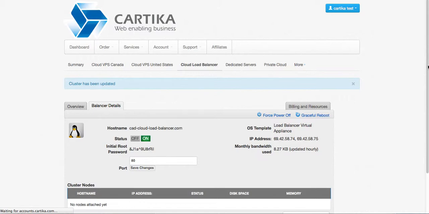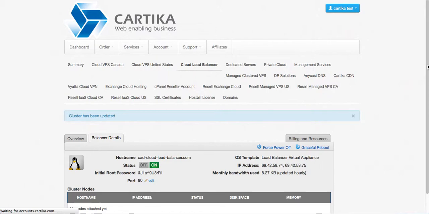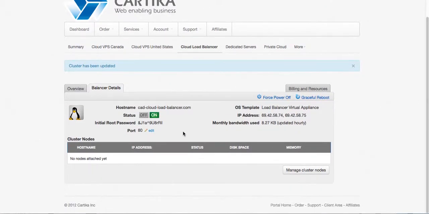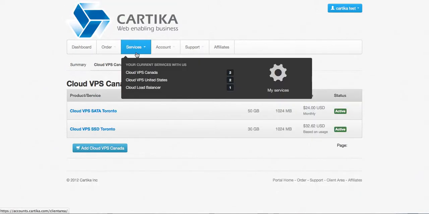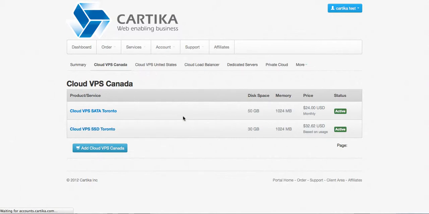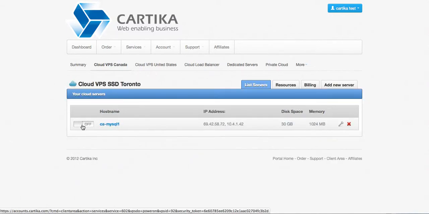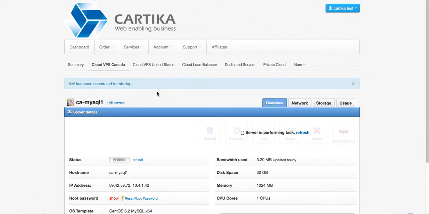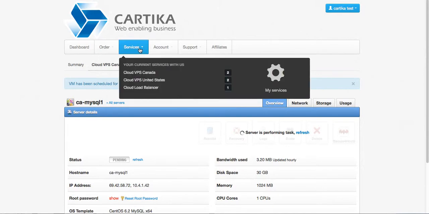And then, of course, you can add any virtual machine within your account, within that geography, to this load balancer array. So if we go into the Canadian cloud VPSs, for example, we have the two SATA ones I showed you previously and the MySQL one, which we're going to turn on. Now in this case, we don't want to load balance the MySQL one with the web servers, but I wanted to show you how